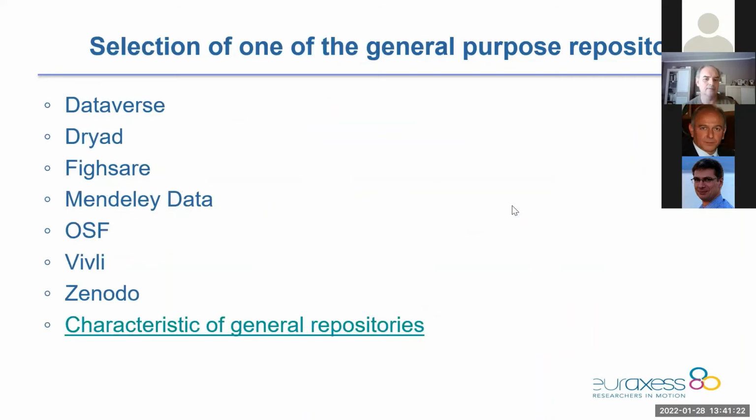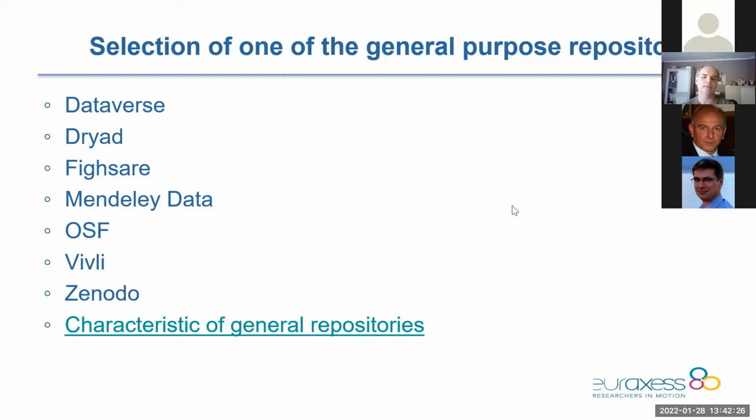If you can't find a discipline-specific repository, you can use some of these general-purpose repositories. For example, Harvard Dataverse is a free data repository open to all researchers from any discipline. Dryad is open source platform for publishing research data. Figshare is also free open access data repository, and users here can upload files of any type. Mendeley Data is a free repository specialized for research data, and here you can find more than 20 million data sets. Then Open Science Framework is free and open source project management tool that support